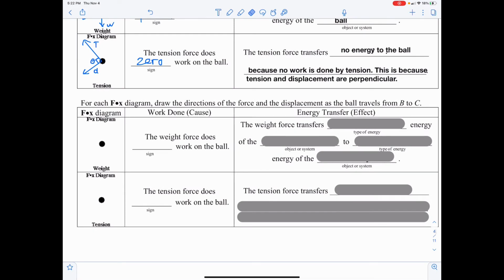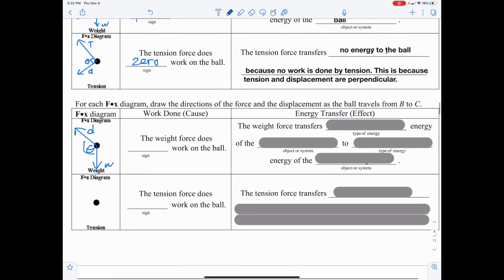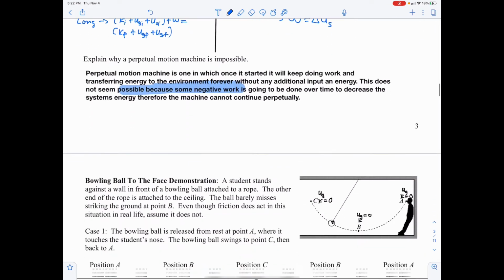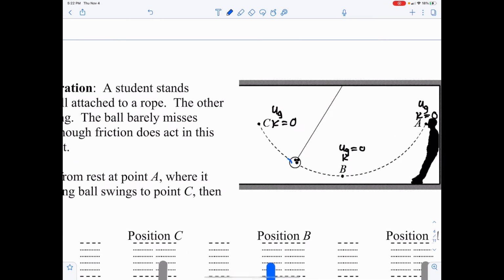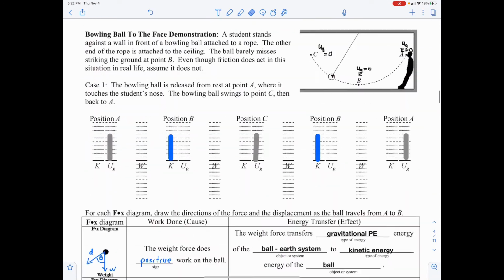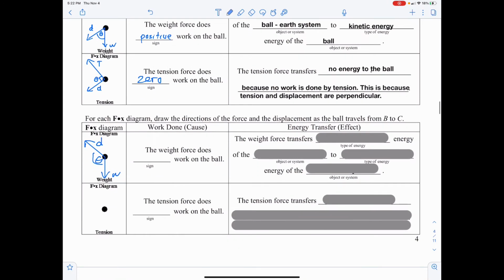As the ball travels from B to C, now the displacement is up in this direction. And the weight is still down. Theta is now an obtuse angle rather than an acute angle. If we look back at the picture, if we're on our way up this way, the displacement is this way, the weight is down that way. The weight, in this case, does negative work